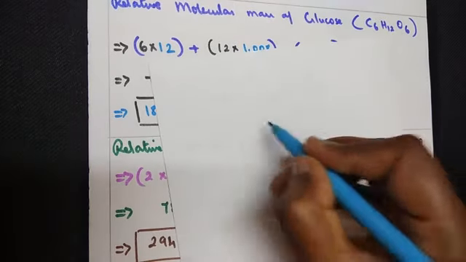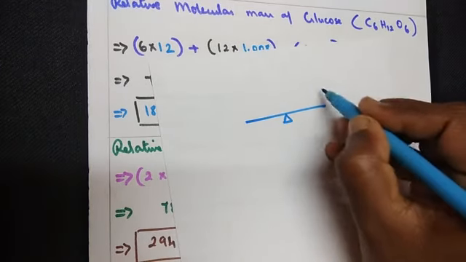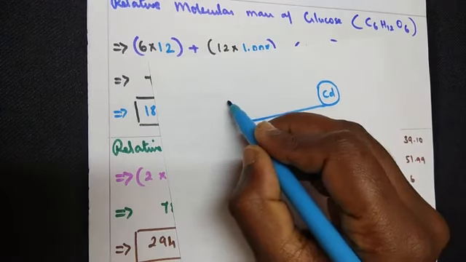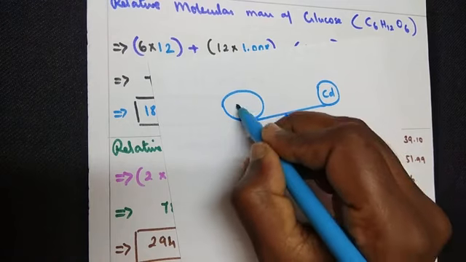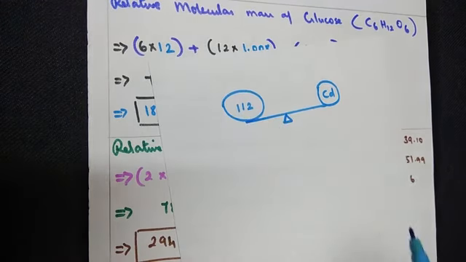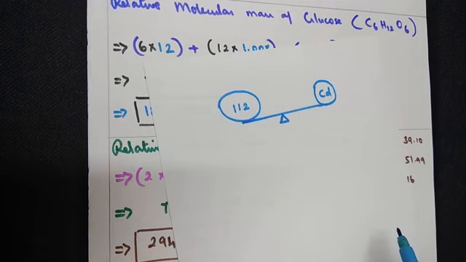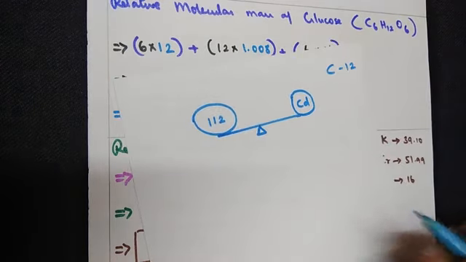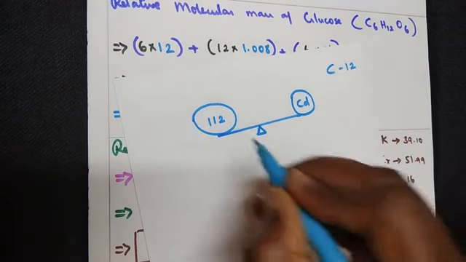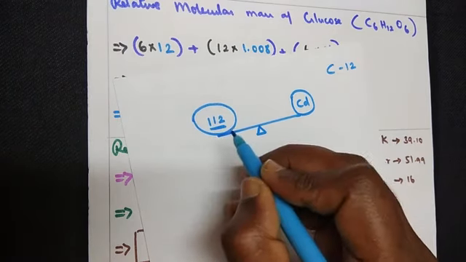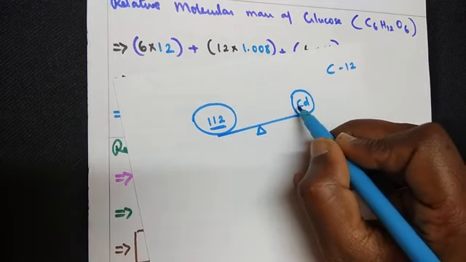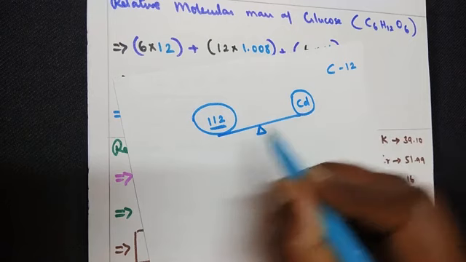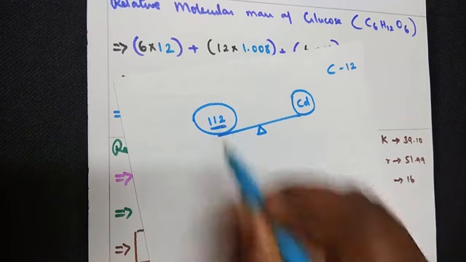Now, for example, you are asked to calculate the weight of a cadmium atom. The weight of a cadmium atom is equal to 112 units of carbon. Now when I say carbon units, one carbon has 12 units. So like that, how many units should be added? 112 units of carbon is equal to the atomic mass of one cadmium atom. So that's how the atomic mass of cadmium is written to be 112.